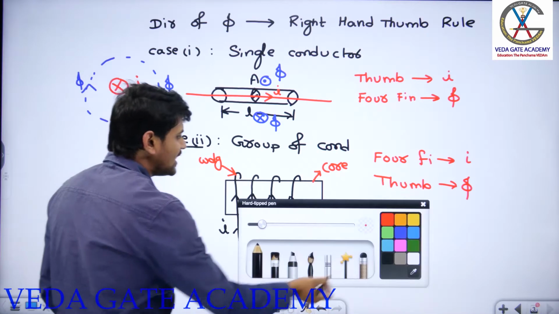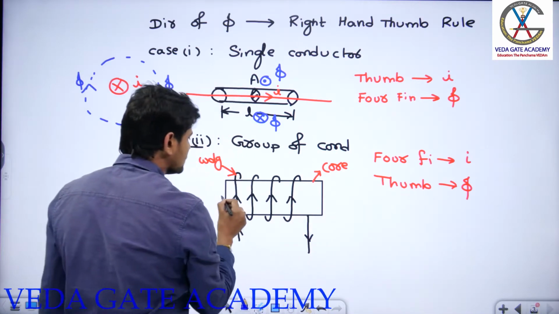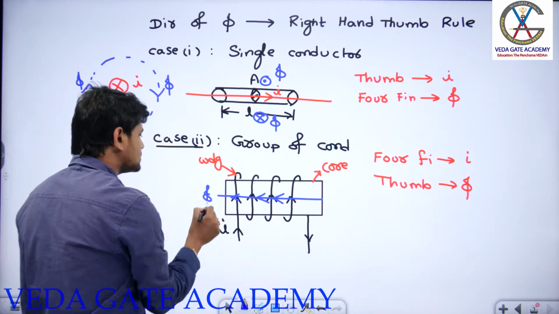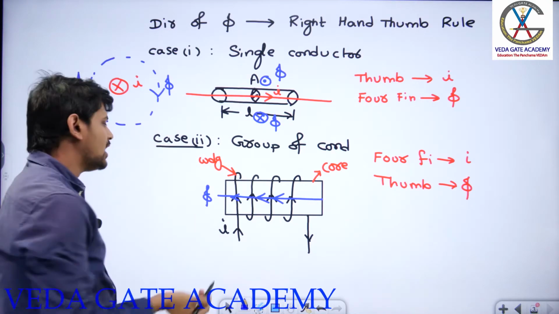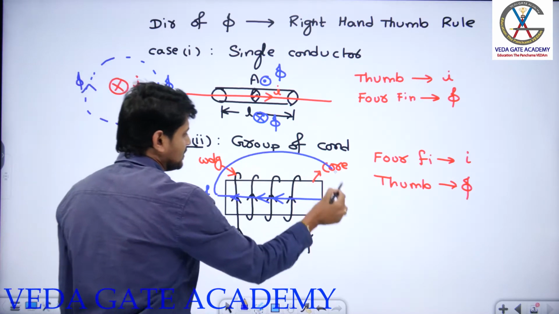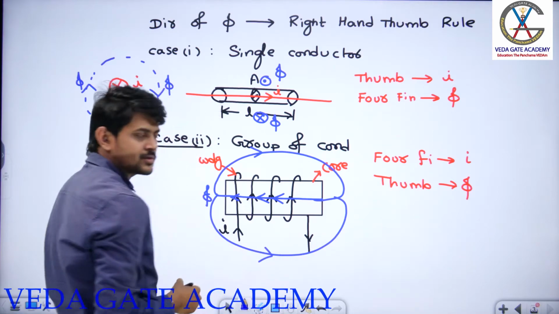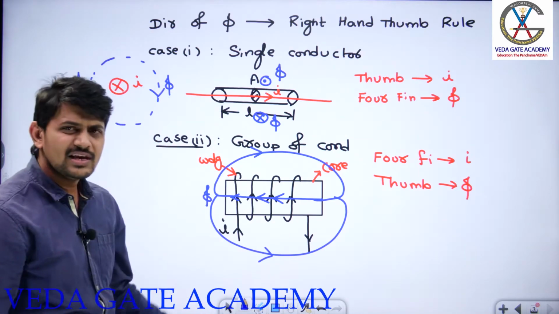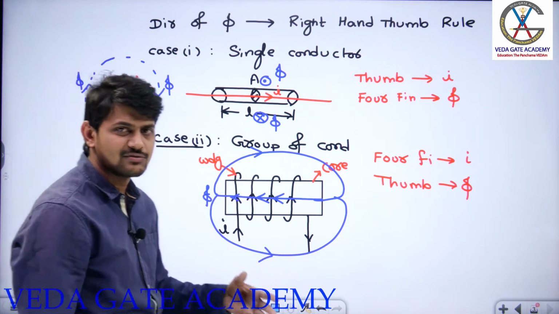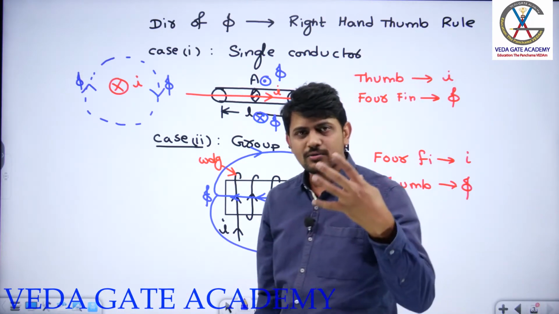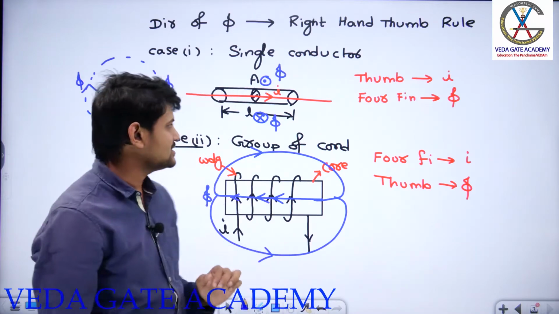Now can you tell me what is the direction of flux lines, guys? The direction of flux lines are towards left hand side or right hand side? Towards left hand side. So this is my direction of flux lines. As we know, the flux is a closed path, curly path. So you are going to get the direction of flux lines in this fashion. So this is my direction of flux line. Here I have shown only one flux line, but actually so many flux lines will be produced. Trust me, we'll try to discuss all those points during regular classes.